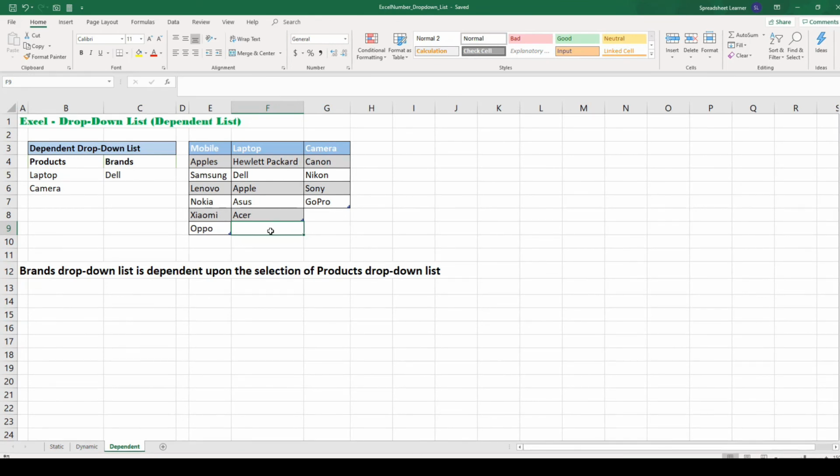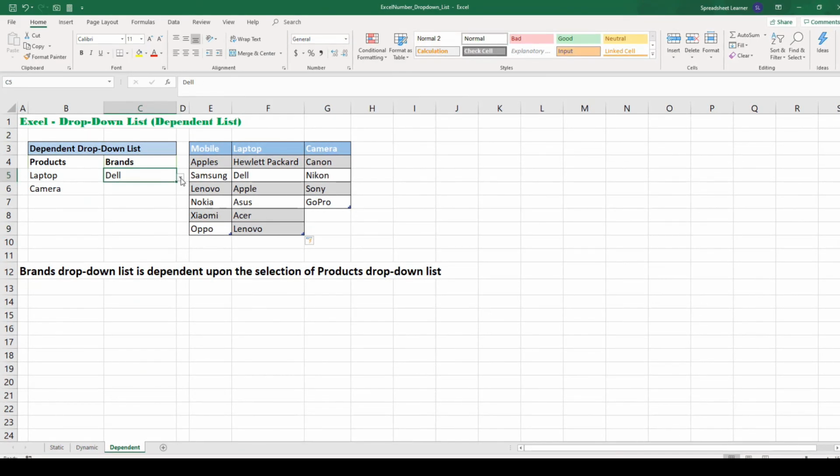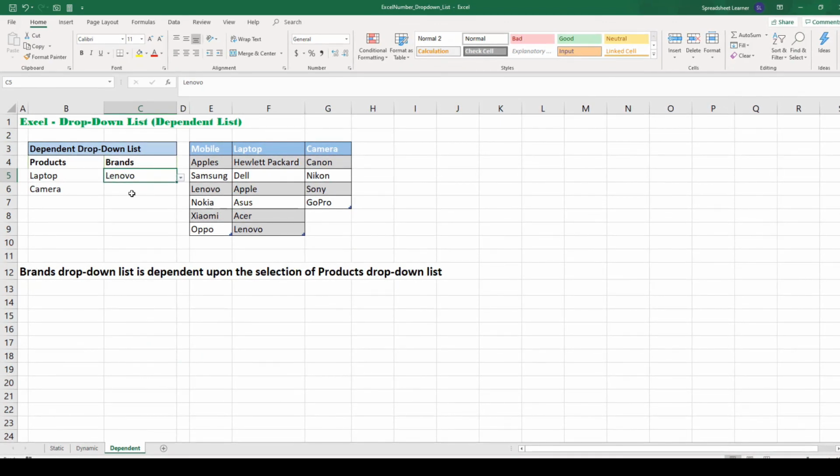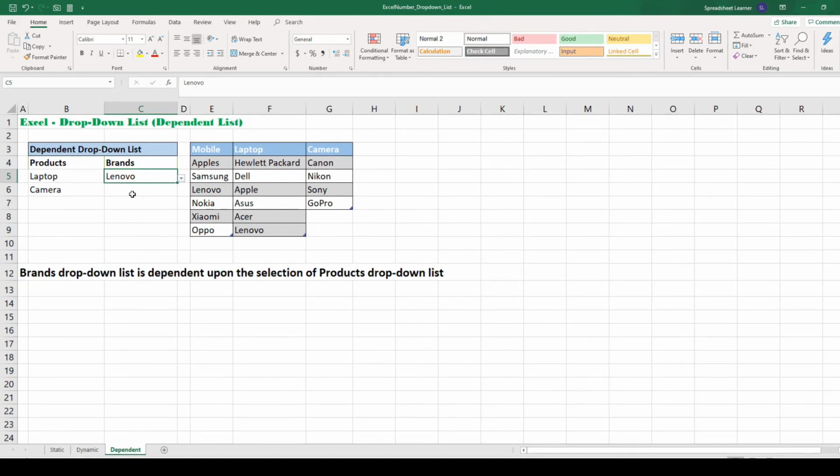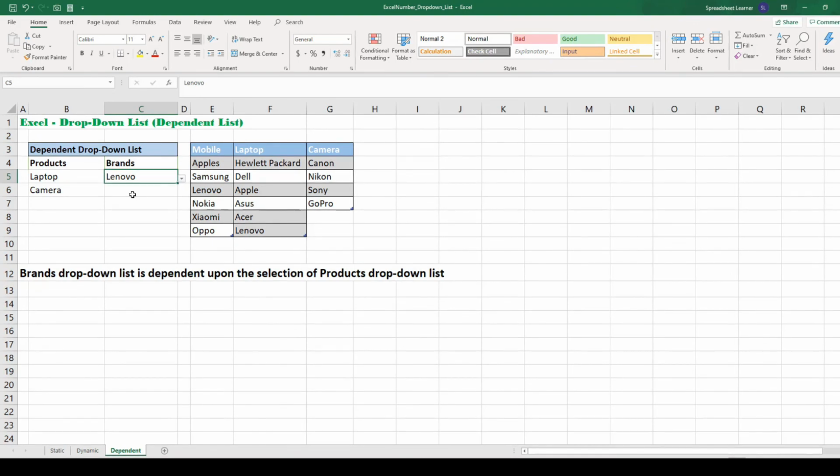Now if we input another brand name, we will see the drop down gets updated automatically. I hope you guys have learned something here about creating a drop down in Excel. Please make sure to download the workbook to follow along and create a new one for yourself. Practicing each example is very important.